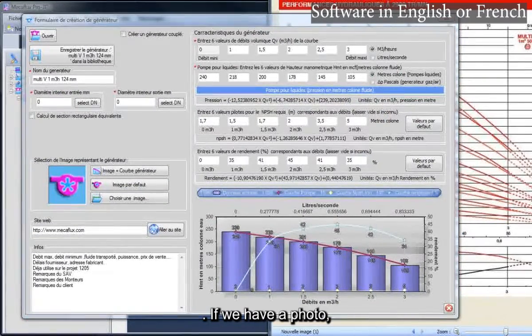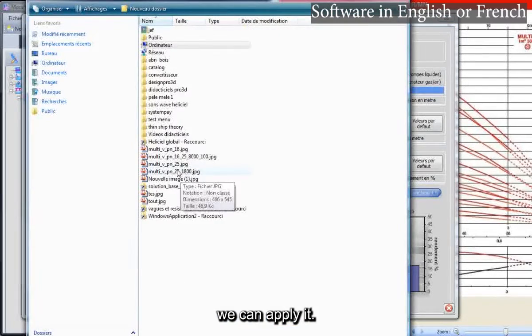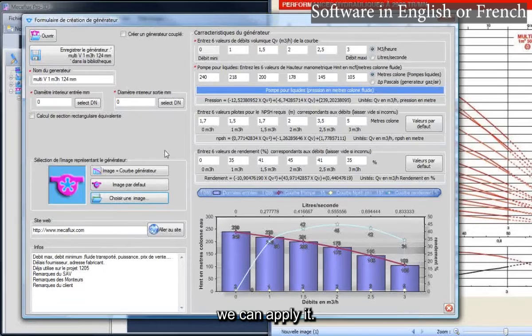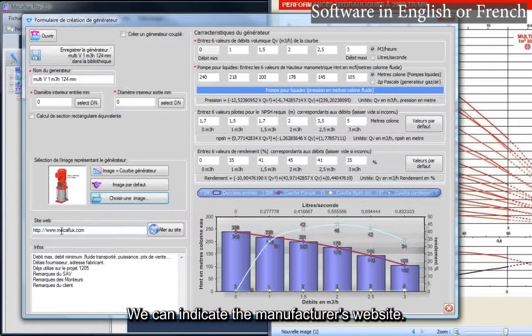If we have a photo, we can apply it. We can indicate the manufacturer's website and information that we believe is important.